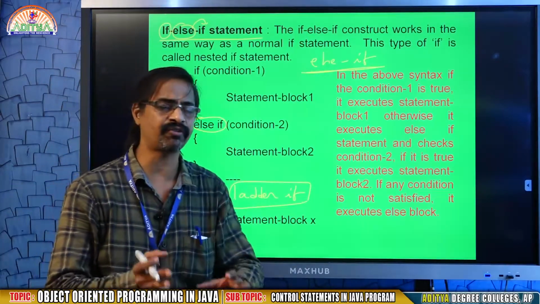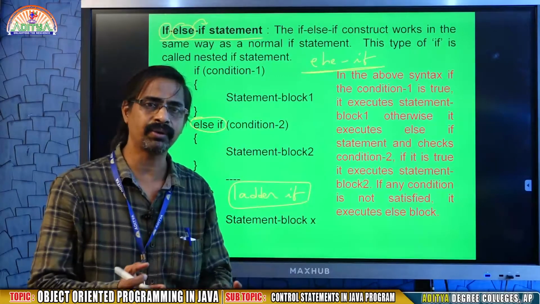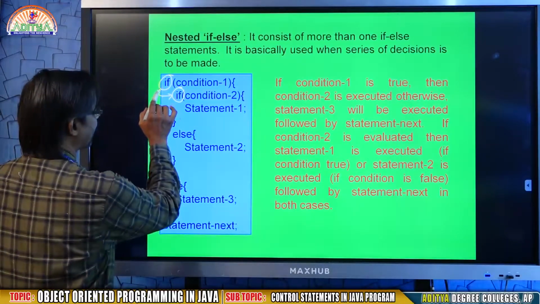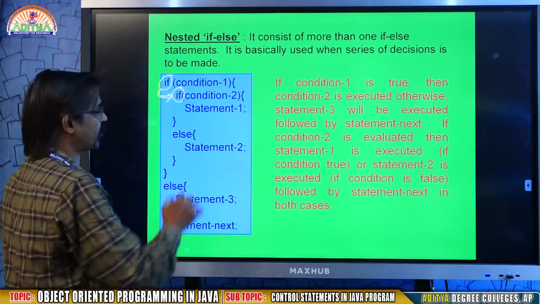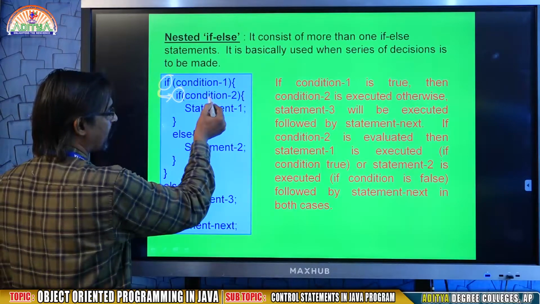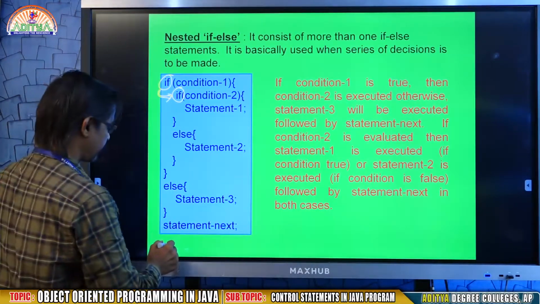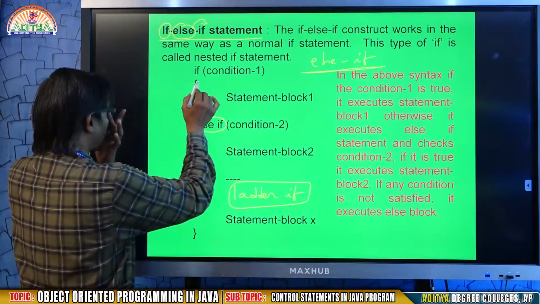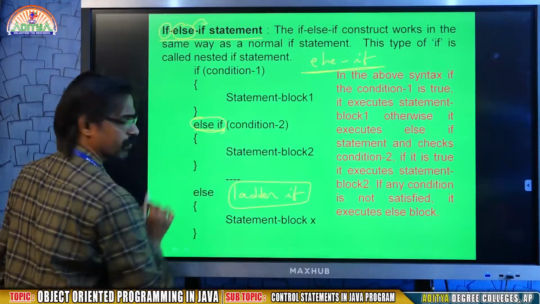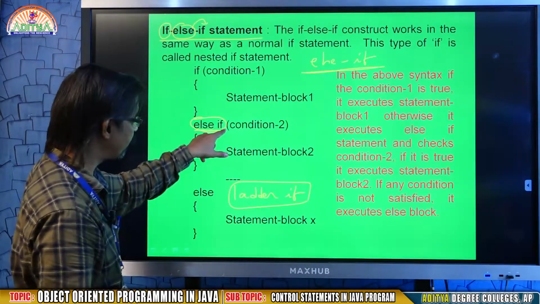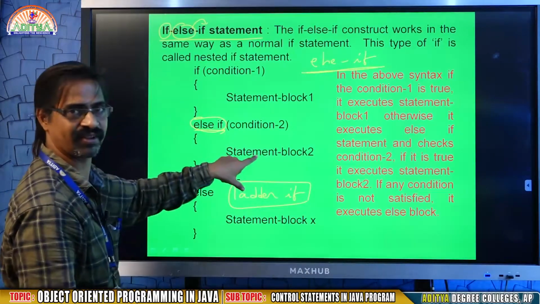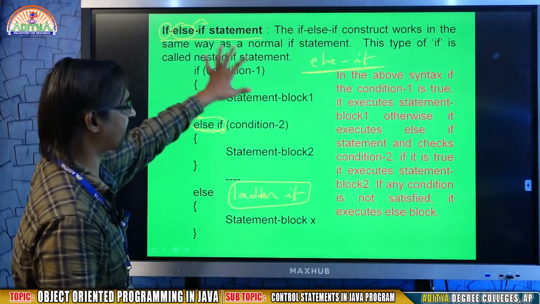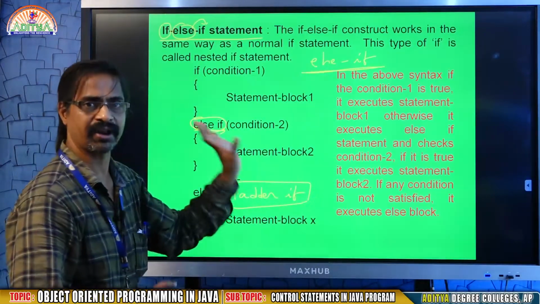So, if anyone asks you what is the difference between nested if and ladder if: in the nested if, the if statement contains another if statement. That means if it is true, come to this place, if it is true, action. In the else if context, the if follows after else. When you write the same if within else, it is called if else if or ladder if.